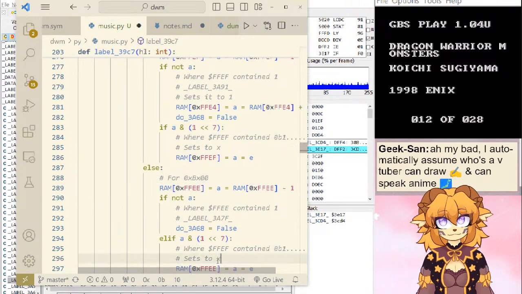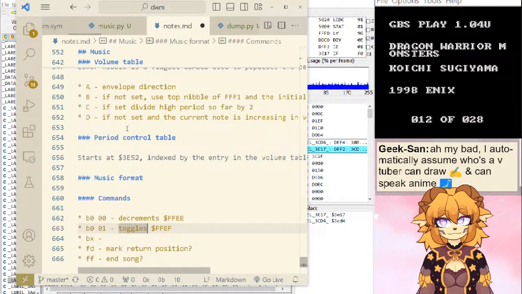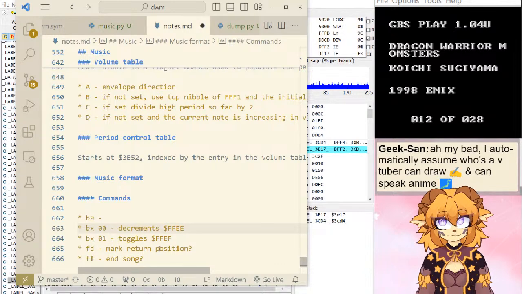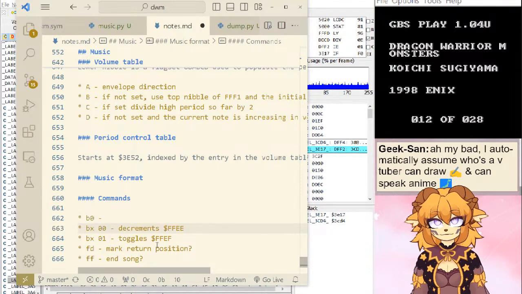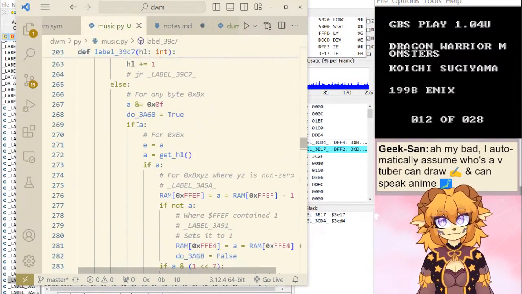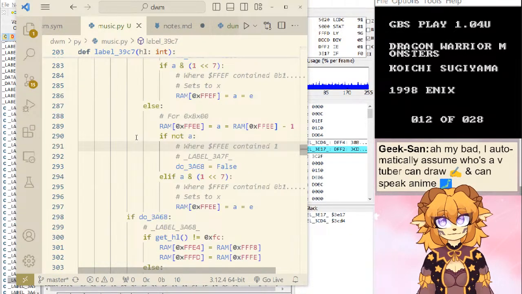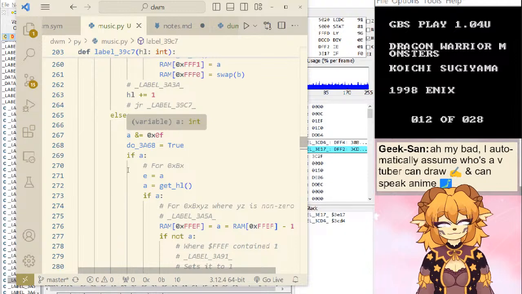Set to X. Okay, okay. So then this be 0 and doesn't seem to have an argument. I don't think, does it? Maybe?